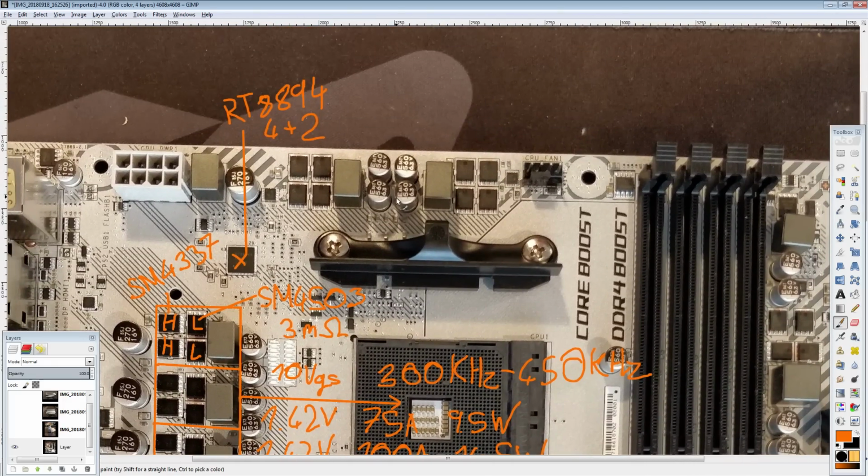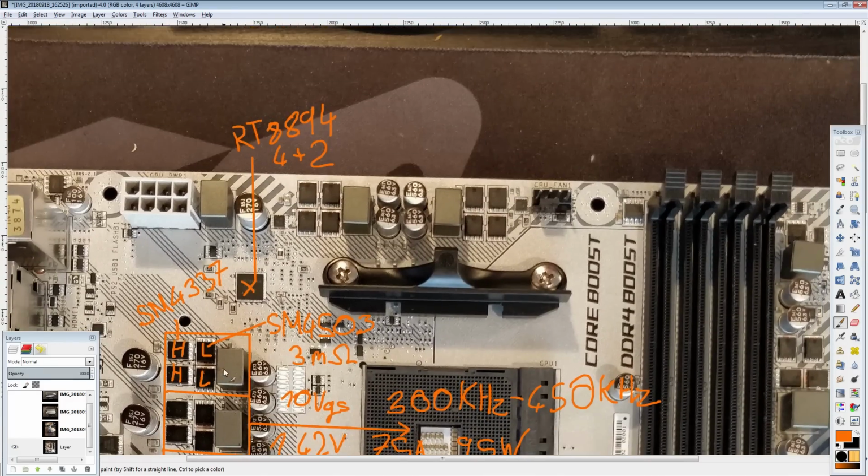Now then, what if you want to overclock an APU? Well, if you want to overclock an APU, I actually have current draw figures now because I've been messing around with APU overclocking a lot recently. And this VRM up here, on the other hand, as much as I like the 4-phase for the Vcore, this is like...